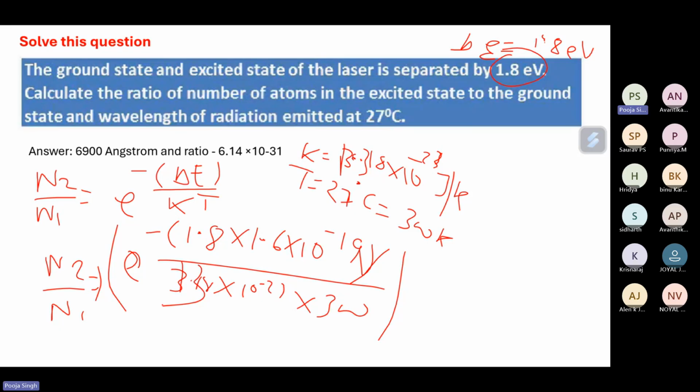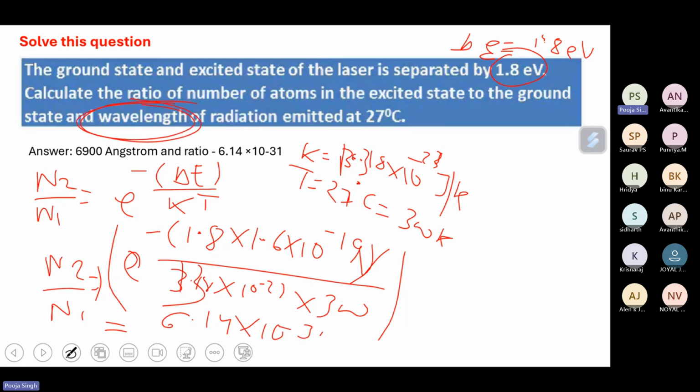Are you getting it? So if you solve this, you will be able to get 6.14 into 10 to the power minus 31. Now the next question is asking for the wavelength of the radiation. So in order to get the wavelength,